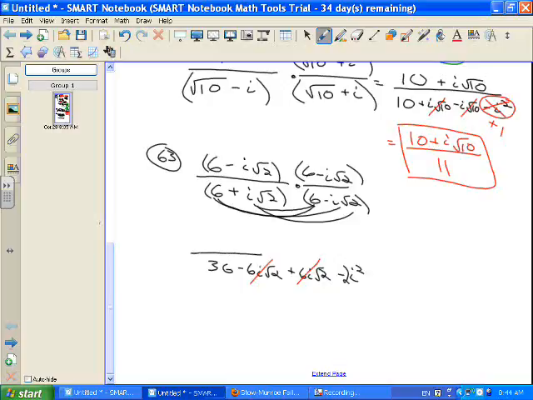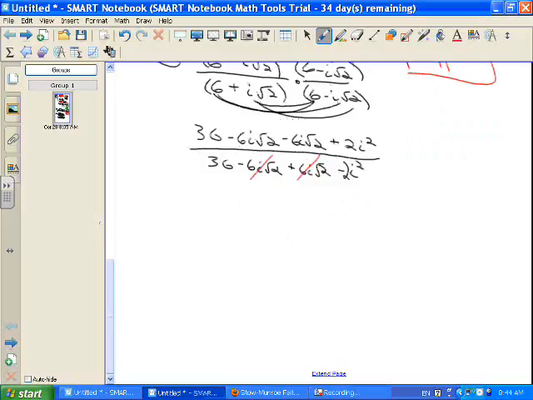Right? And then in the top, 6 times 6, still 36. 6 times this one, minus 6i square root of 2. And then this one, minus 6i square root of 2, same thing again. And then here, plus 2i squared root of 4. Okay. All right, now, up here,